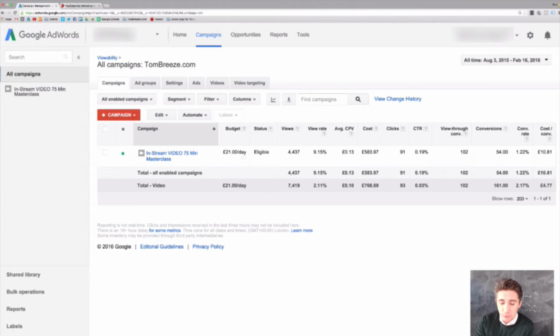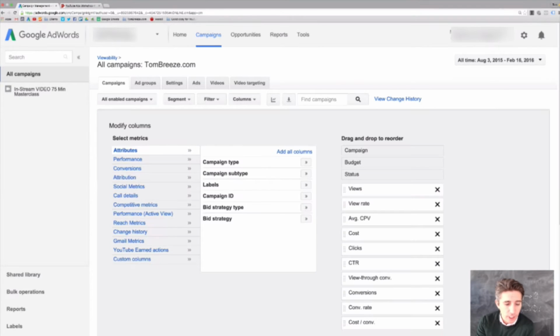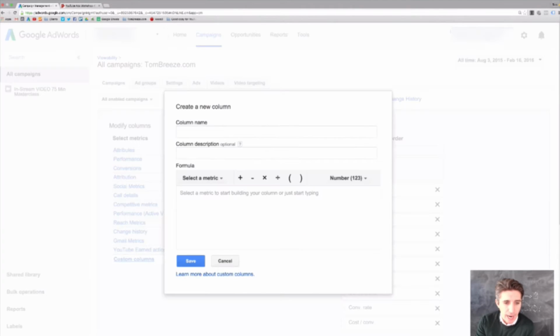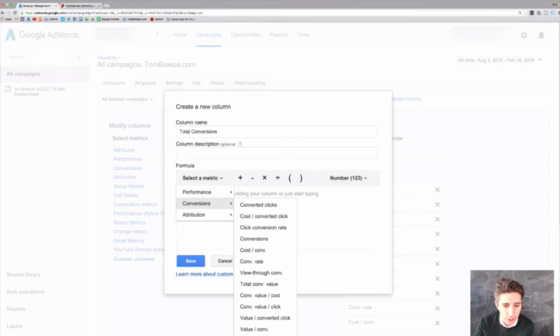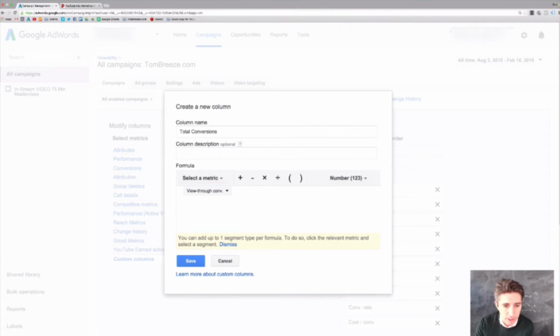Now, when it's displayed like this, which is how most people have it, I actually rearrange this, and not many people know you can do this. So what I do is I go to modify columns, I go to custom columns, and I make one for myself. So I put total conversions. This is just a little tip that can help everybody. And then I would select a metric. I'll go to conversions and put view through conversions plus